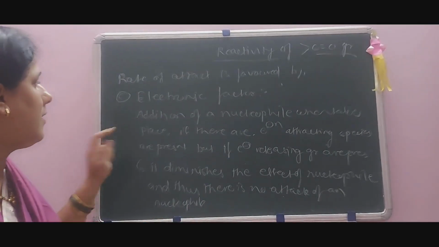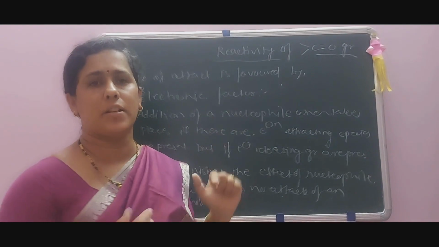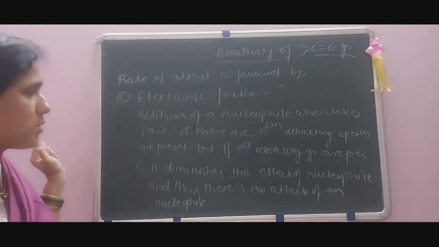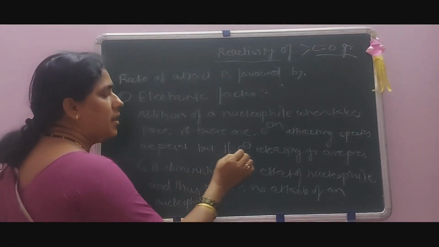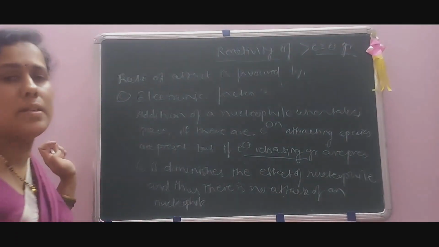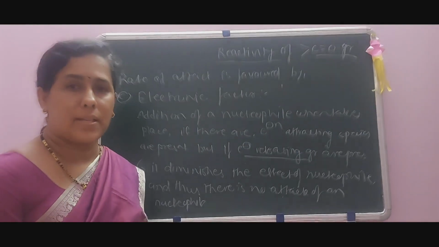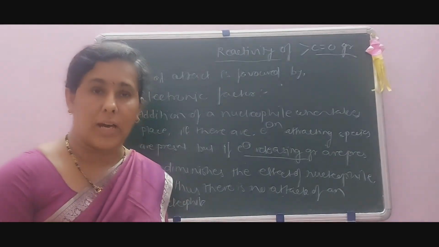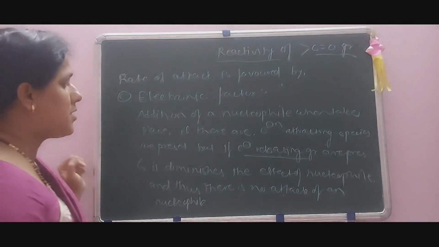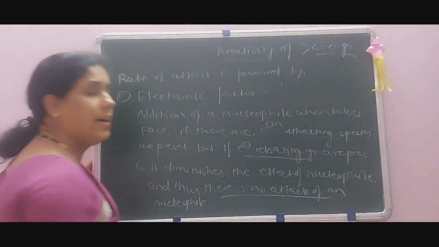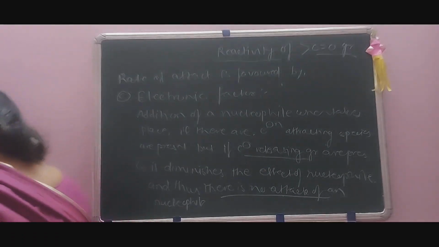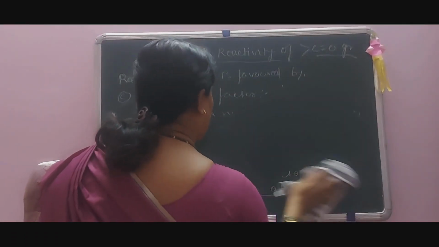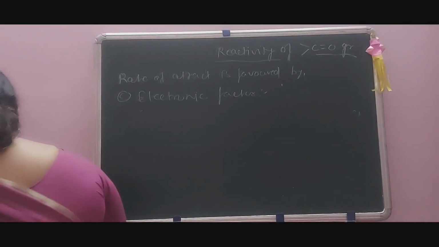What is the third factor? That is the addition of a nucleophile. When does it take place? When a greater number of electron attracting species are present. But if electron releasing species are present, what happens? They diminish the effect of the negative charge on the positive charge, and thus there is no attack of a nucleophile. Now, as far as examples are considered, here we can take the examples as,